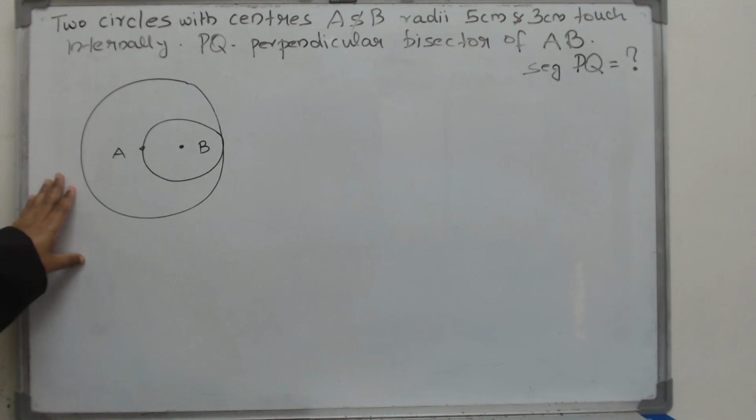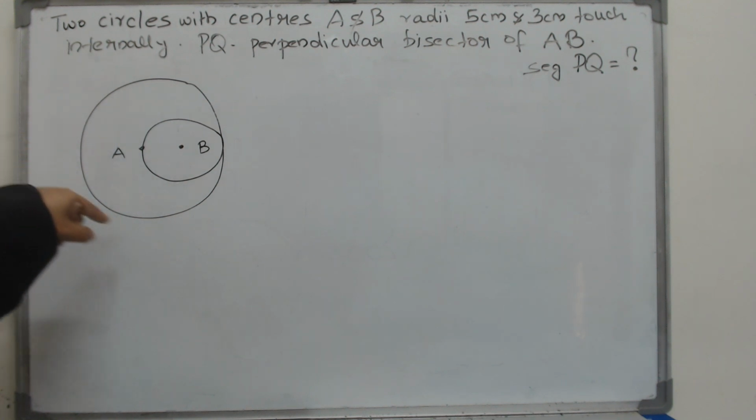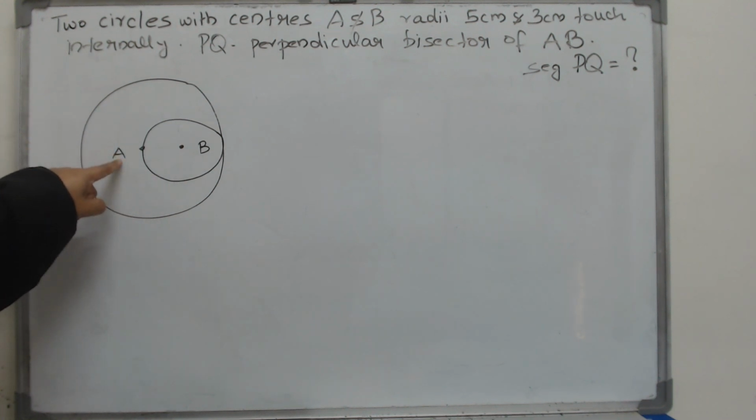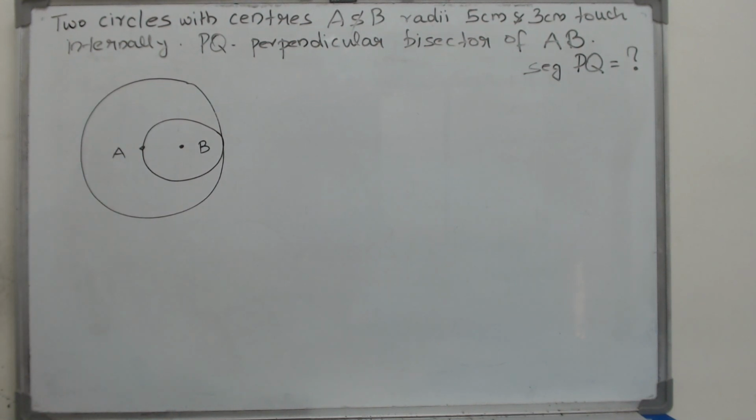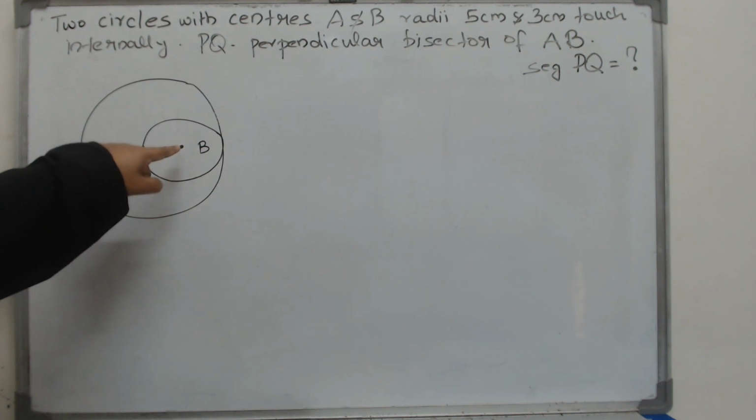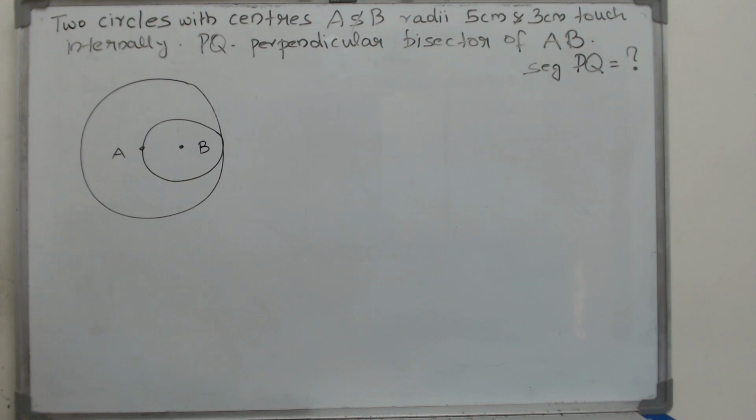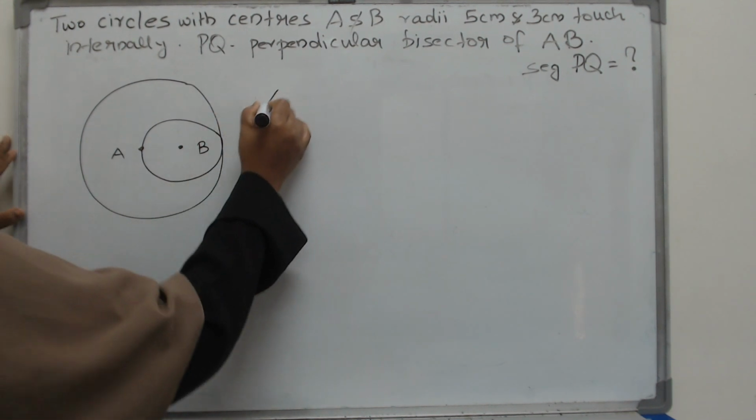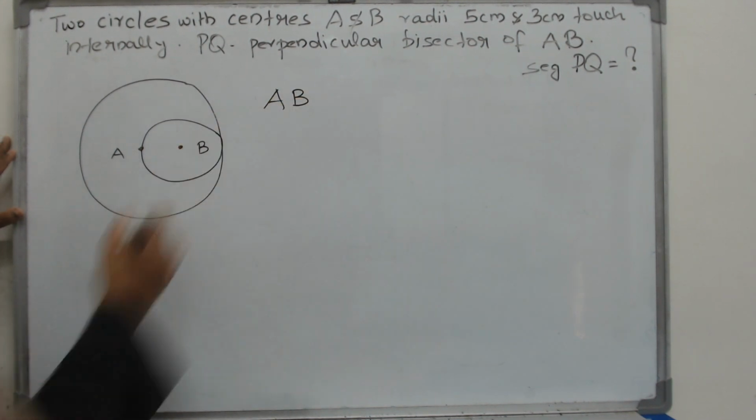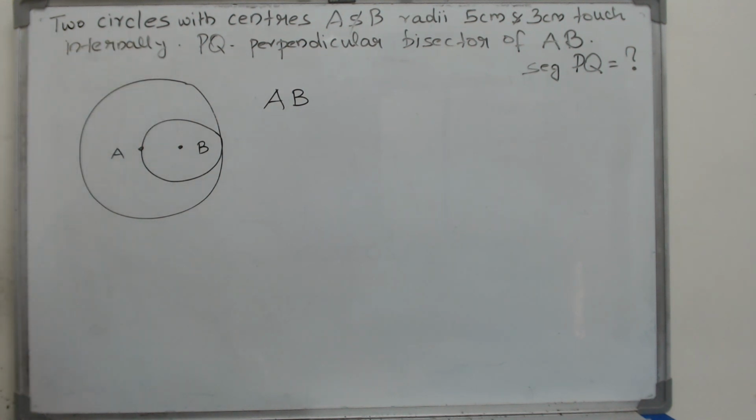Here we have two circles which touch internally. If you take the bigger circle, its center is at the point A and its radius is 5 centimeters. Now when you come to the smaller circle, its center is at the point B and its radius is 3 centimeters. Then tell me what will be AB, or in other words, what will be the distance between the two